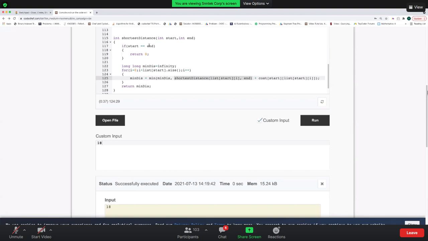what recursion does. Recursion is saying to me that in the end, I'll calculate the answer for you. You just rely on me. You just do your part and make the problem as small as you can for me. So I'm making the problem statement smaller. Instead of calculating the distance from start to end, I'm asking the shortest distance method to just calculate the shortest distance from this position to end.